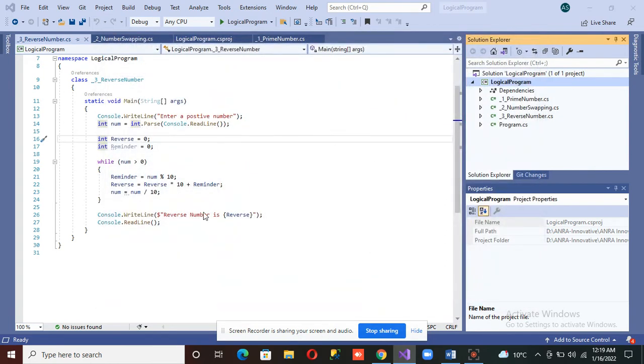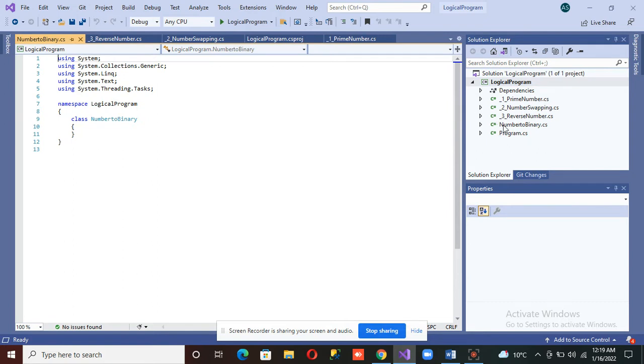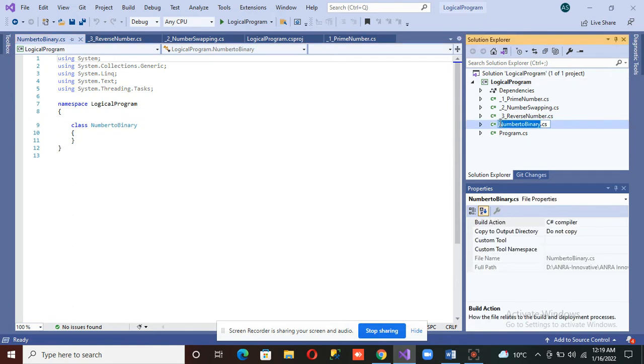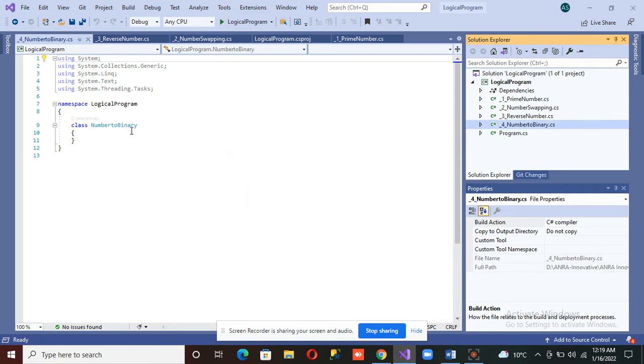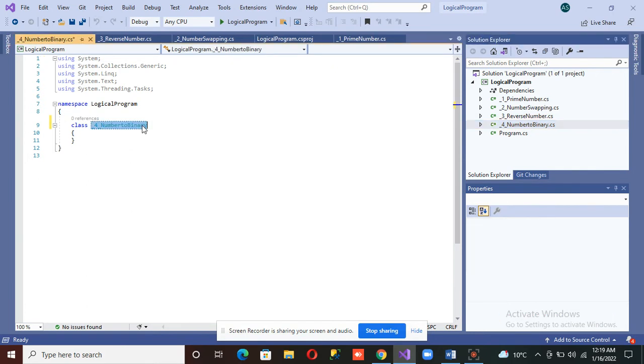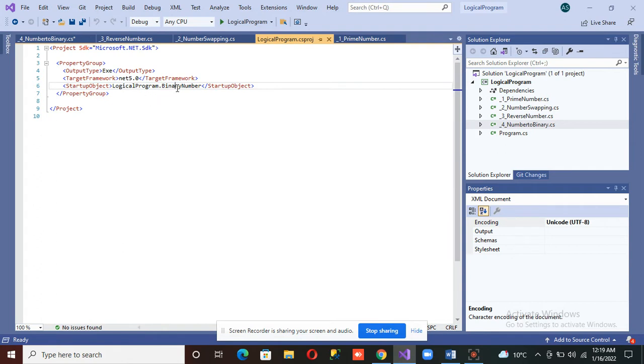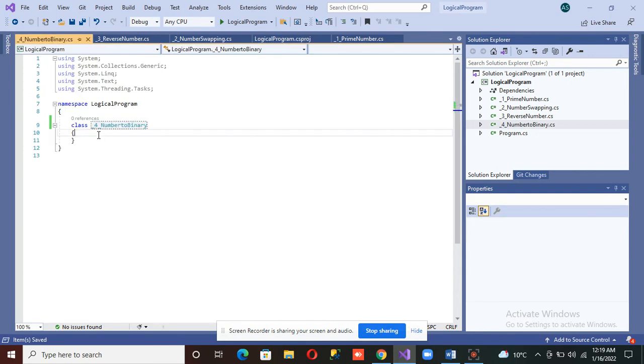Let me rename this object because this is our fourth program. Maintain the sequence. I'm just going to change the name of this program. Okay, and copy, and I make this class as a startup class. Control save. Okay, let's start.